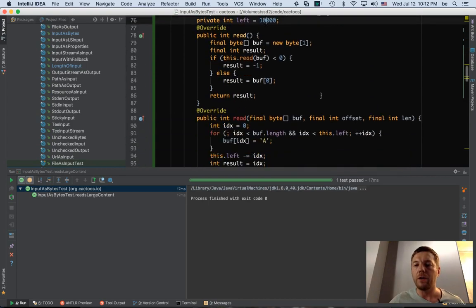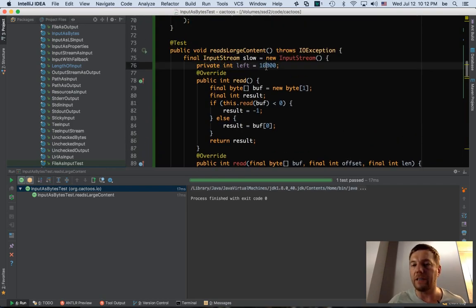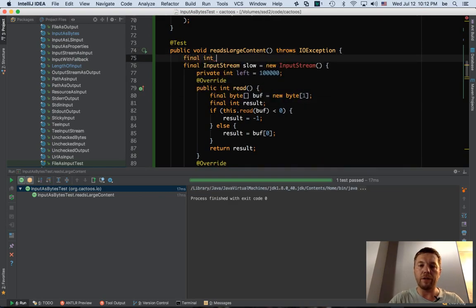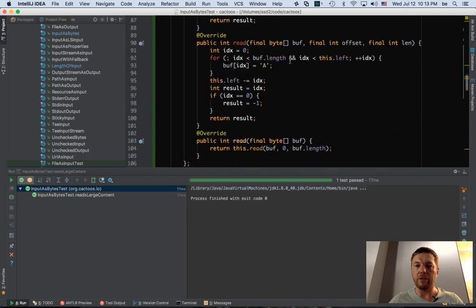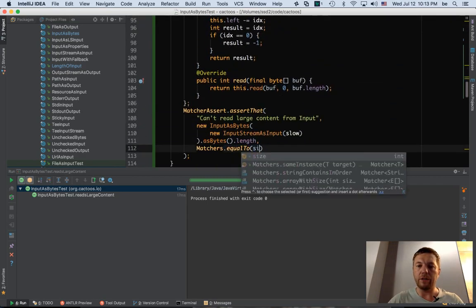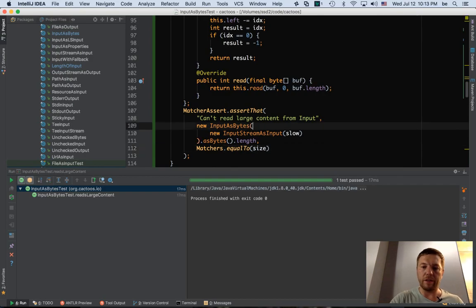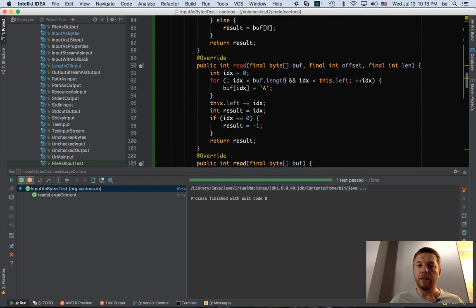It's 10,000, but the left is just 10,000, while the buffer is going to be 16,000. So we need to make it way more. Let's make it this one. Int size, let's put 100,000. I think we can do it this way. Yeah. So that's the size. We start with 10,000, and then it's going to be size here. Let's run it again, 10,000. Will it work? Yeah, it works. 10,000 is all right. So now let's fill it, not entirely, but leave 1 byte untouched.